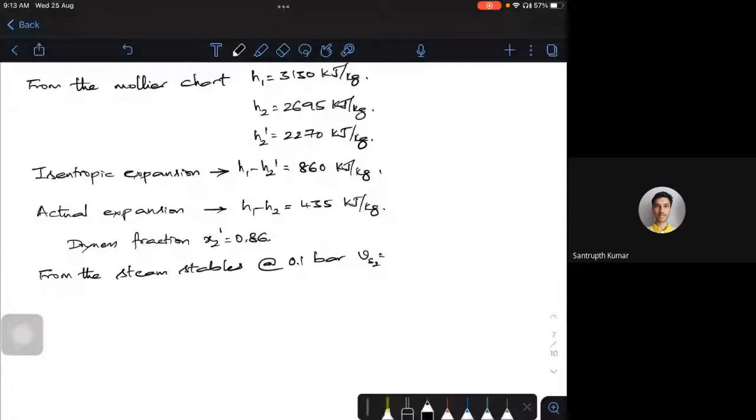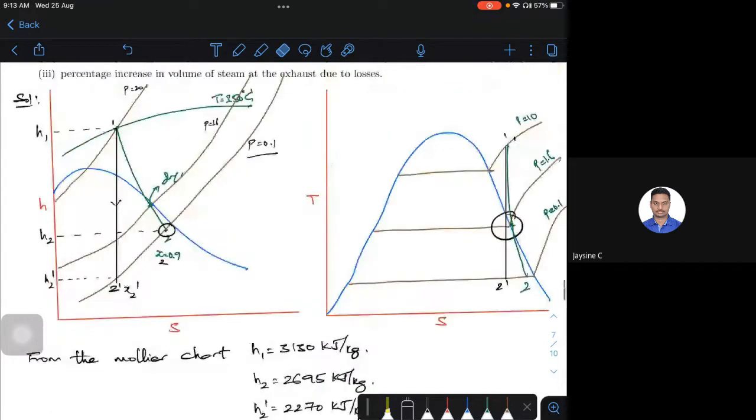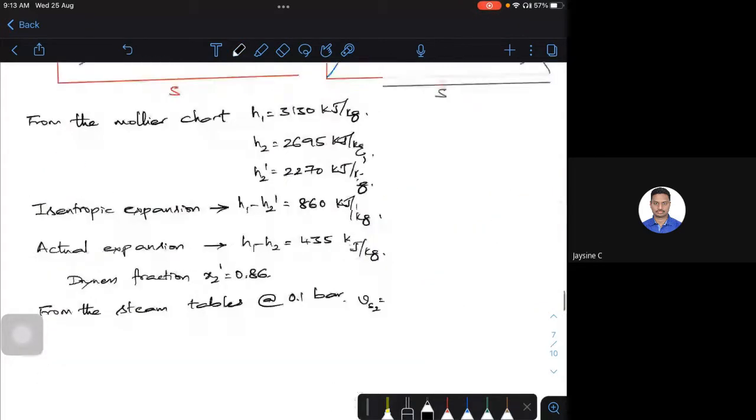Whether you can do that actually, then we'll try to compare the value by taking it directly from the Mollier diagram. Sir, can we recheck the dryness fraction, sir? I'm getting something. Okay, go to your steam tables at 0.1 bar. Look at this, this is your 0.1 bar. See, the pressure is 0.1 bar along the pressure point.